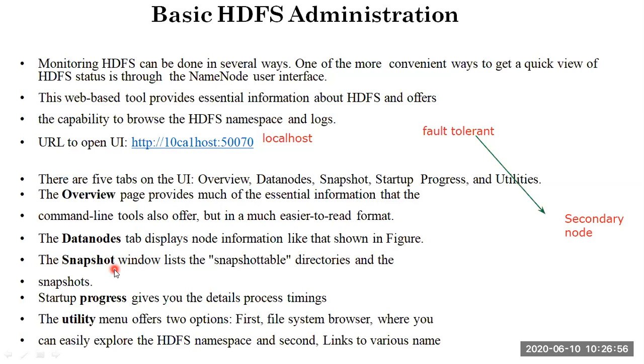Snapshot is static, not a dynamic one. Startup progress gives you the detailed process timings. And the utility menu offers two options: one is a file system browser, the second is links to various logs. Let's see one by one. So this is the overview.